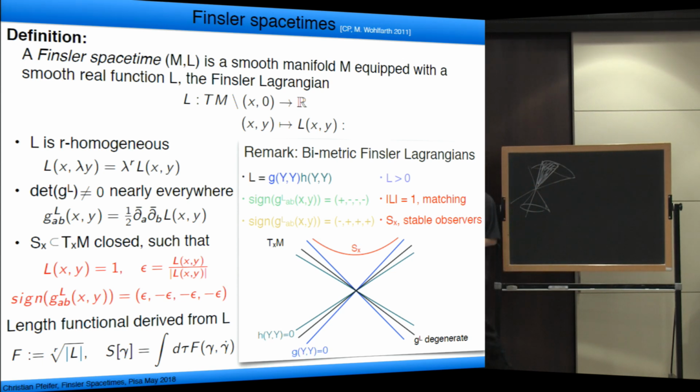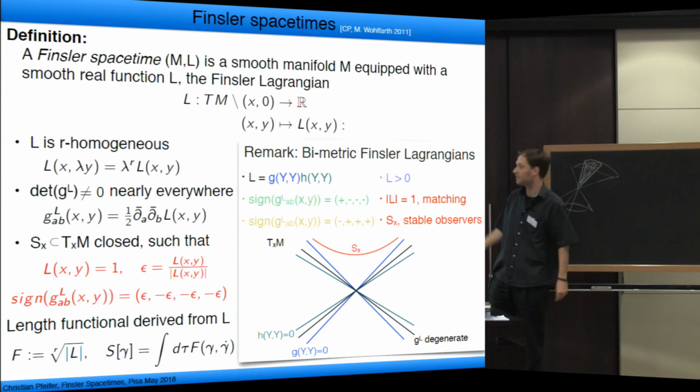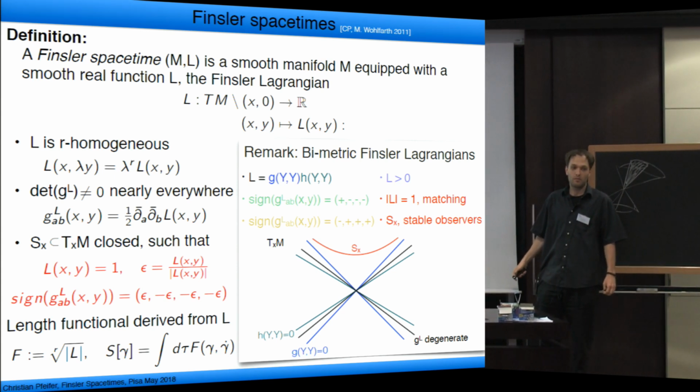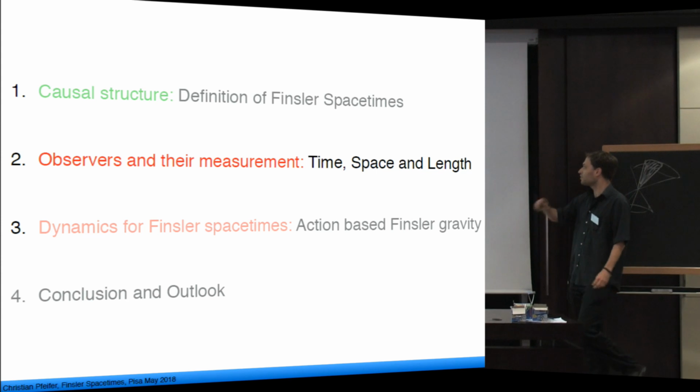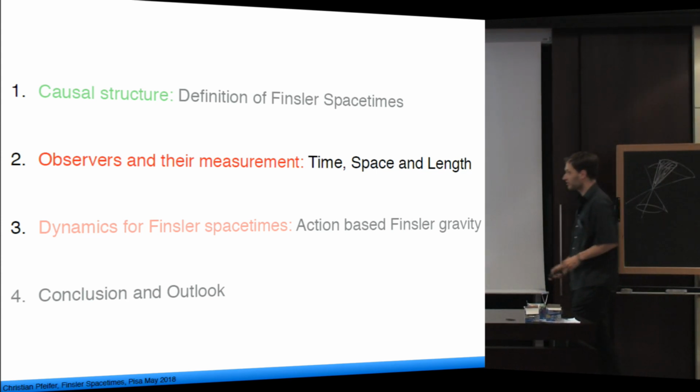Do you need also some assumption on the dependence of this S on the point X? Since L is smooth, I also want it to be smooth, so not jumping or so. But I think I don't need to assume it if I assume L is smooth. Okay, and this way we ensure the existence of a causal structure and a precise notion of observer directions.